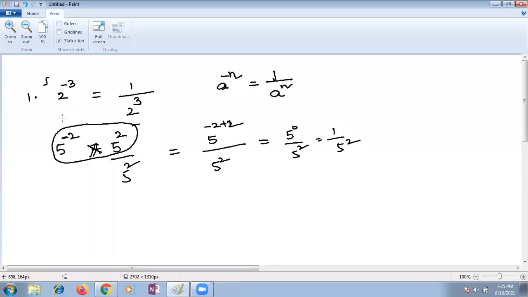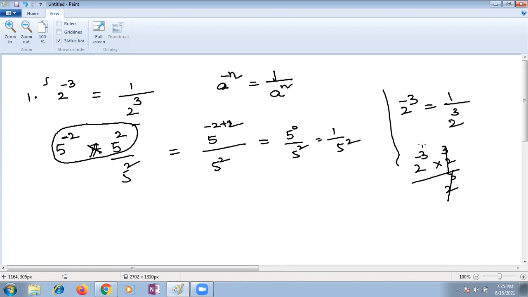So then, suppose 2 power minus 3, why am I taking it as 1 by 2 cube? Let me explain this part. 2 power minus 3 is on the numerator. To remove that negative exponent on the numerator, I am multiplying both sides with 2 cube. Then only 2 power minus 3 is leftover. So this makes no change, since I can do the same change for both sides. Both sides I am multiplying 2 power 3 and 2 power 3 for numerator and denominator.